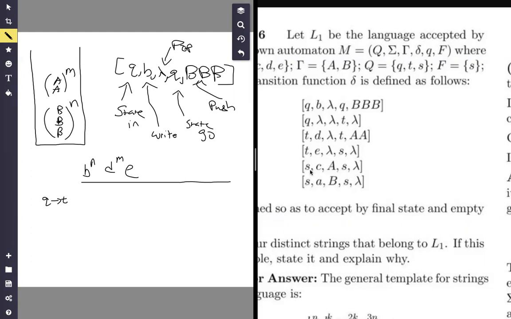So if I'm in state S and I see a C, pop an A off our stack, go to state S, and then push nothing on our stack. Right? So what's at the top of our stack? Remember, this is a stack, so LIFO. So whatever's at the top is what we have to do. We have A's at the top of our stack. How many A's do we have? We have M of them. So we have to do this operation, well, technically 2M times, but we'll just link these together as